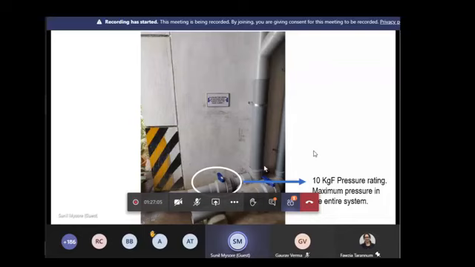Like electrical items, plumbing items come in very cheap and very expensive ranges. Why I'm stressing this detail is that it's very important to put a pressure-rated valve for first rain separation. You can see here this is a 10 kg force. Even though the pipes are 4 kg force, the valve is a 10 kg pressure-rated valve.